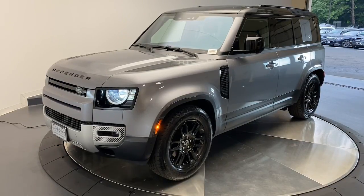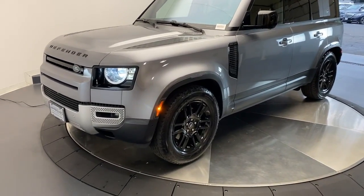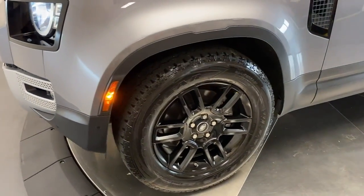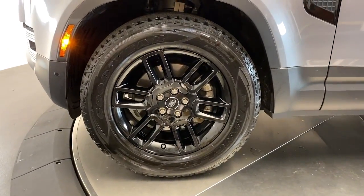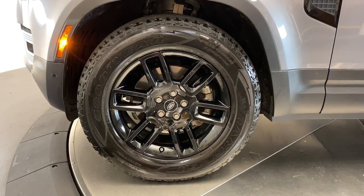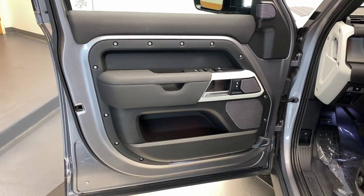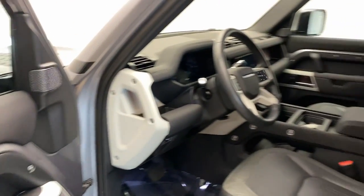Introducing the 2020 Land Rover Defender. This vehicle is an outstanding buy with fewer than 25,000 miles on the odometer. Be eager for the next adventure in this iconic Land Rover Defender, the premium go-anywhere vehicle that's purposeful, durable, immensely